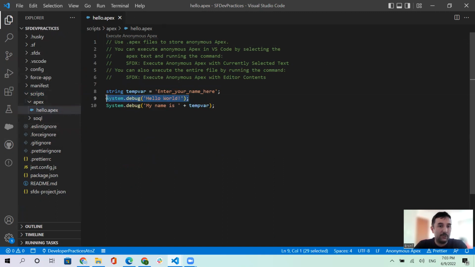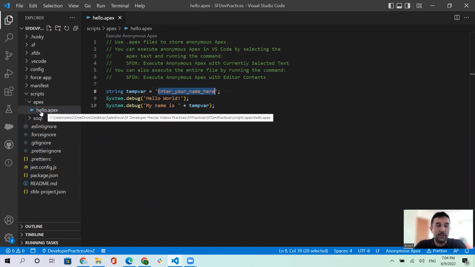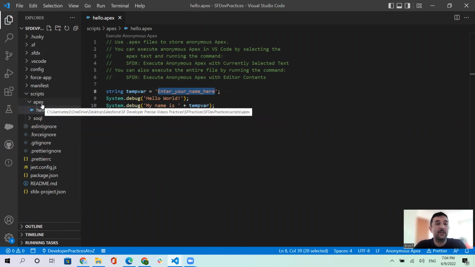As you see here, System.debug, in the parentheses and the single quote, there's a hello world. And inside of that, there's a string variable, and the variable is enter your name here. After we execute that, we will see in the first line, hello world, second line, my name is, and the same thing, tempVar is the variable, enter your name here. My name is, enter your name here. So before that, I can show you also how we can execute it,